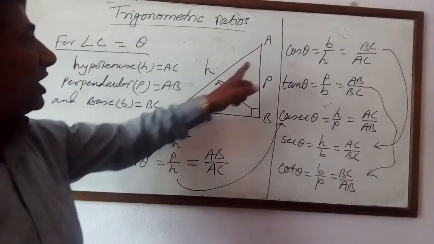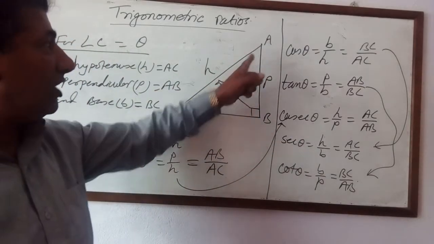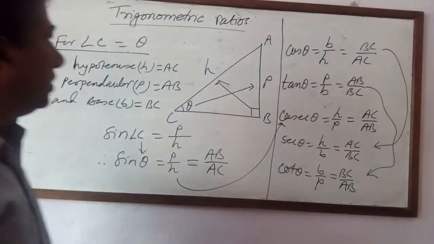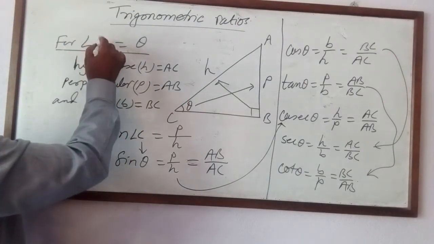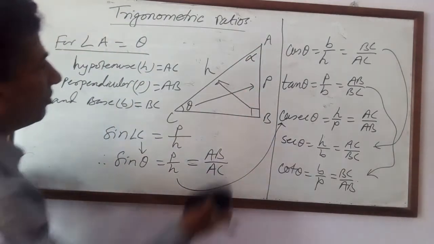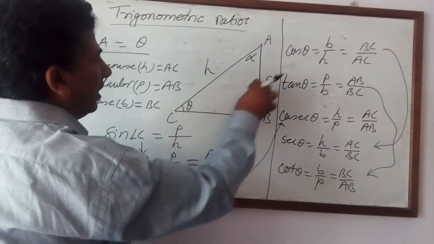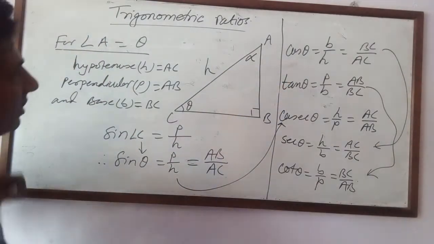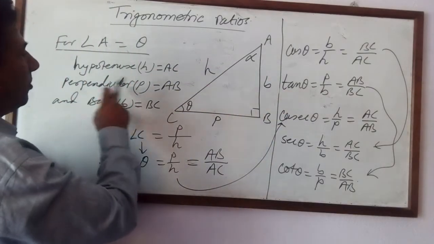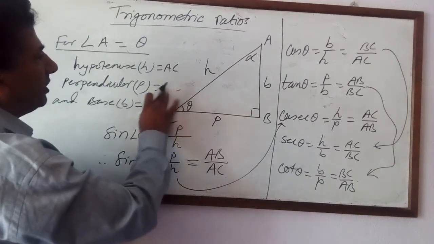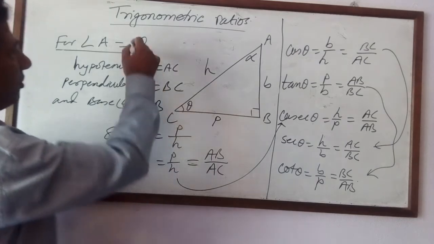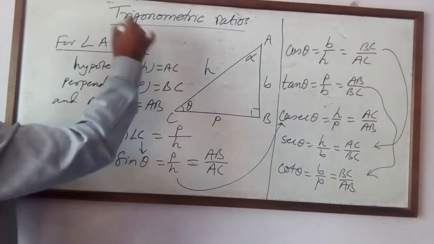Now in place of angle C, you can change the reference angle to A. You can take another angle A. Now when you take angle A, again here you need to change. For angle A, I'll give the name of this angle A, alpha. Okay, I'll rub all this. Now I'm going to write in terms of angle A. Now for this angle A, alpha, the opposite side will be perpendicular, and this one will be base. Hypotenuse remains the same. Perpendicular P will be BC, and AB will be base for this angle A equals alpha degree.